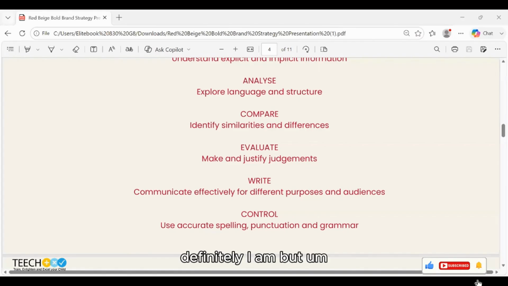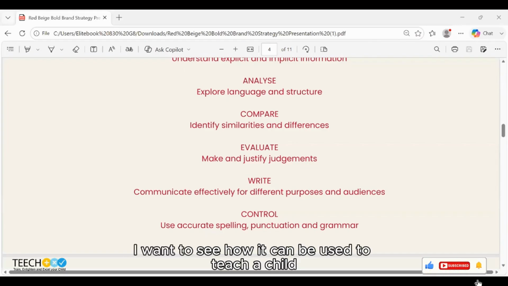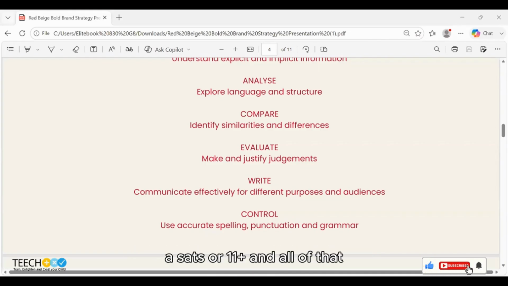Yes, definitely I am. I use it for these other classes apart from exam classes. So I want to see how it can be used to teach a child preparing for IGCSE, or even a child preparing for SATs or 11 plus and all of that. But IGCSE particularly. Okay, so I do not know about IGCSE, but I know that IXL supports the UK curriculum, the US curriculum, and I think the Australian curriculum, right? And the IXL that I have,